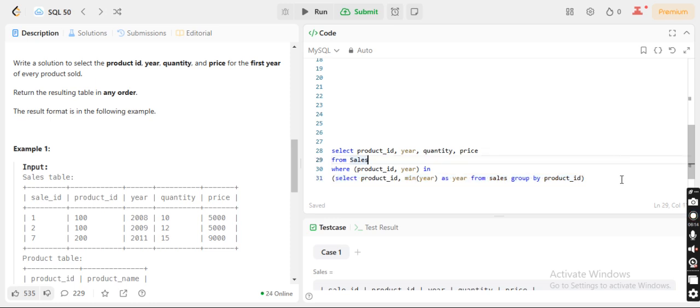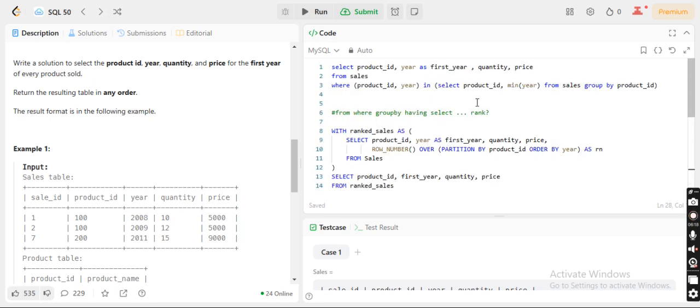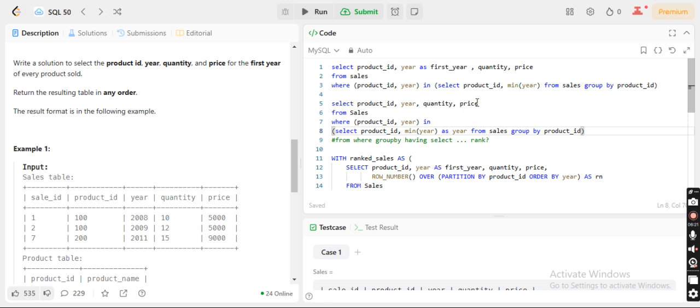This part will come. So if you just see the solution which I have written here, and when I was working on that same solution, you can see that it is actually the same part which we have discussed right now. So this is one of the approaches I wanted to share with you.